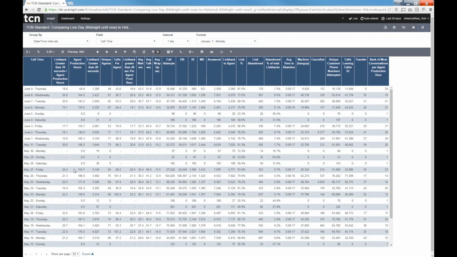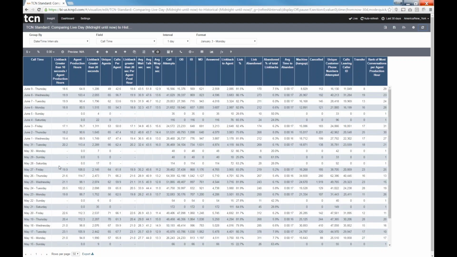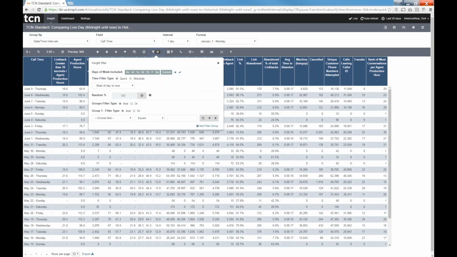If I want to compare any particular day historically at this time, and then also if I want to choose just a day of the week, so let me just choose Tuesdays and Thursdays, and then I just hit refresh,